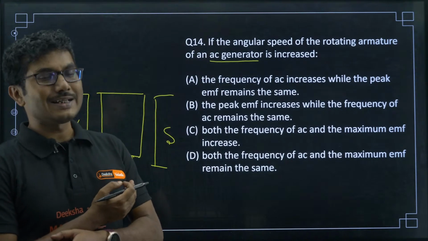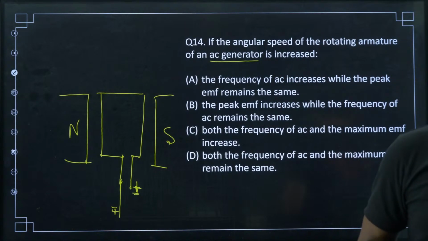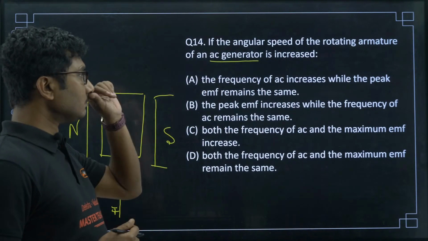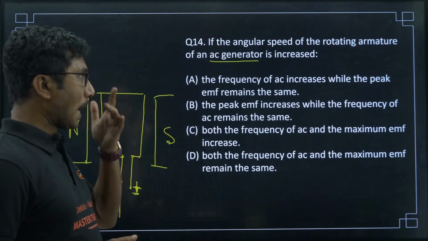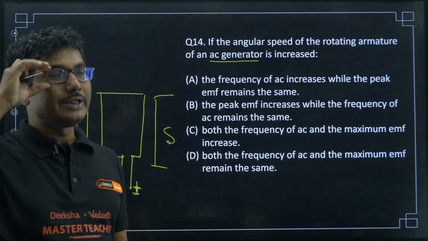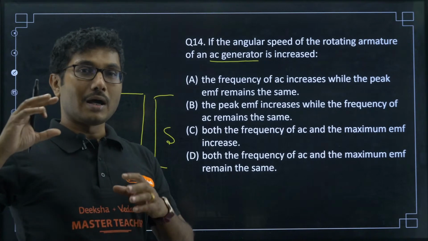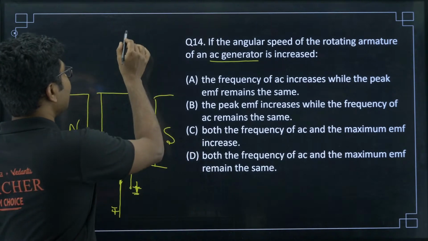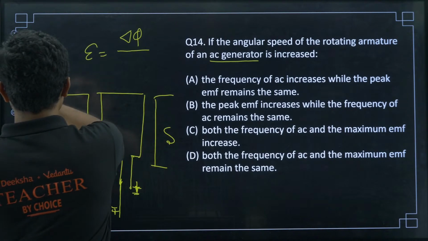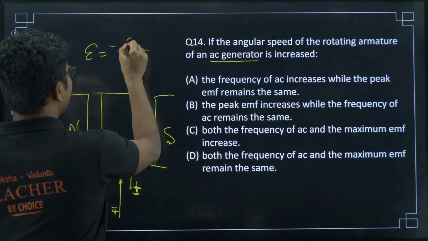So frequency is changing, but what is happening to the peak EMF? Is it changing or not? Peak EMF will change. Why? Because if you increase the speed of rotation, then what is happening? Even though delta phi is constant, EMF is equal to d phi by dt, right? So d phi will remain constant. The maximum and minimum value of d phi will be the same, but